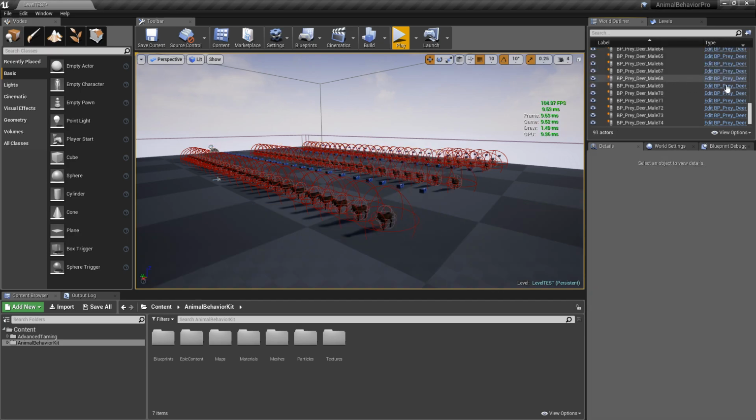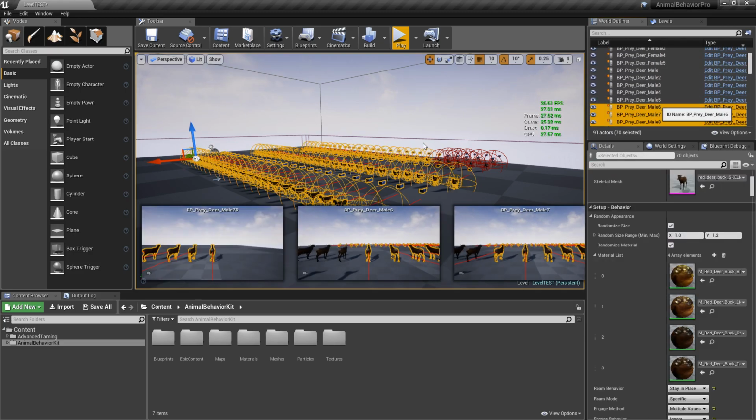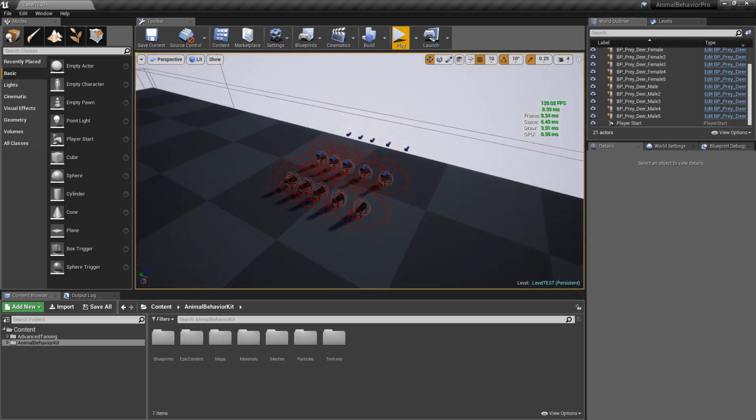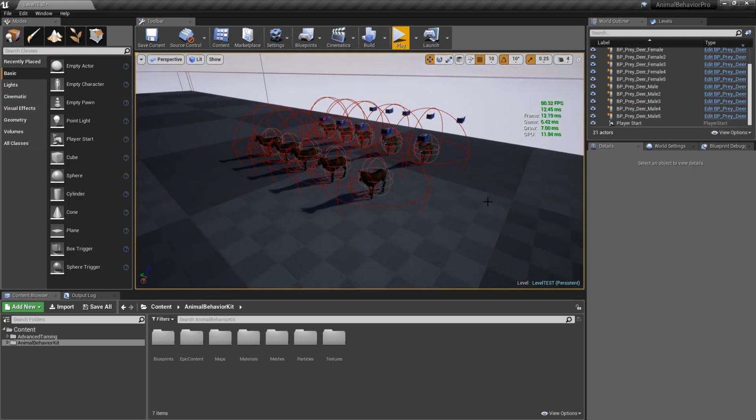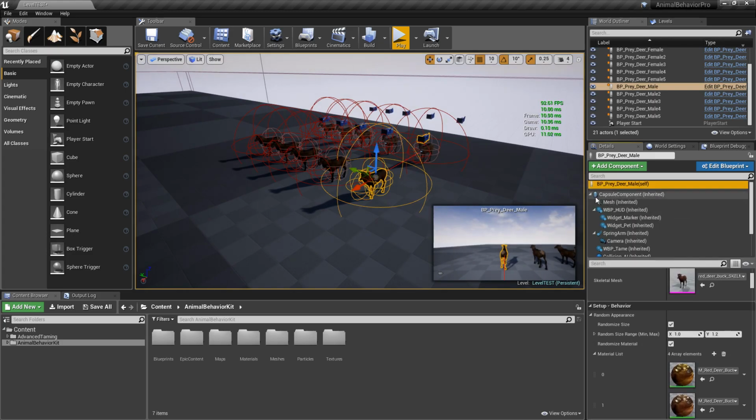We don't need that many, and most of the males as well. All right. And I'm going to grab this guy here, and I'm going to add the component for loot,